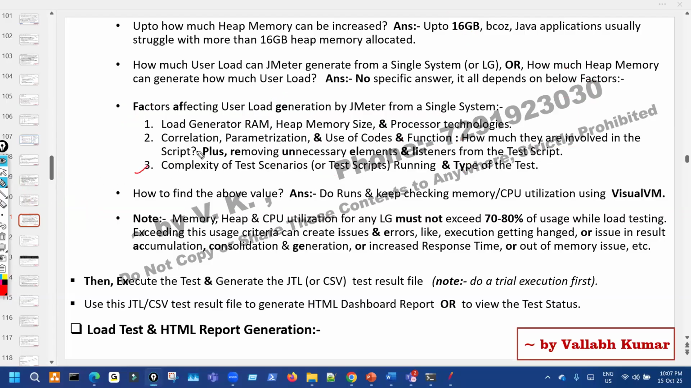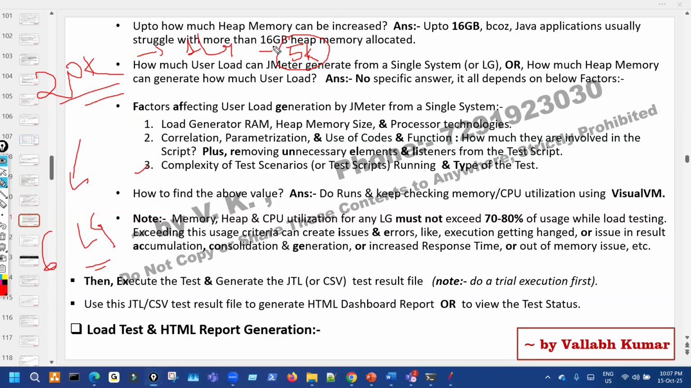First understand. In my career, I have done one project where I generated 20,000 user load and we used 6 LG machines. Why 6? From one LG machine, I was able to generate 5,000 user load, 5K, where we gave 16 GB completely to JMeter out of 32 GB of RAM, right? So like that, we had